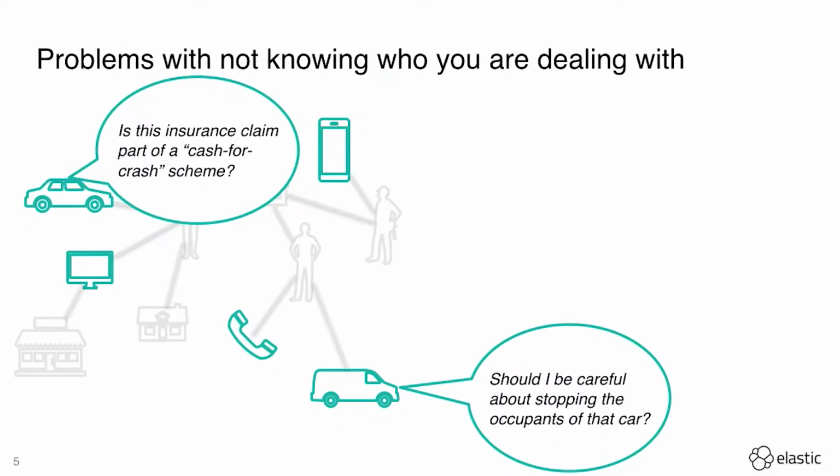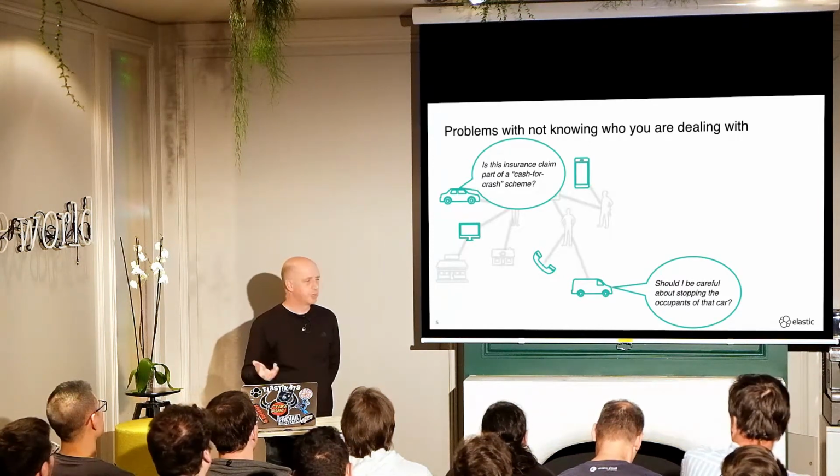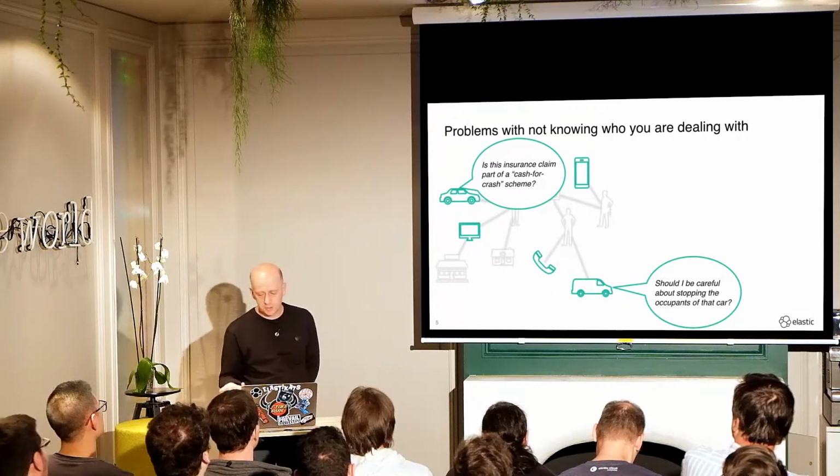Similarly, in a policing scenario, if you know that somebody has been spotted with a gun, for example, and you're going to stop a car, then you probably want to know that. So that does rely on you knowing which people own which cars and how they're all connected together and what risks might be associated with those people.